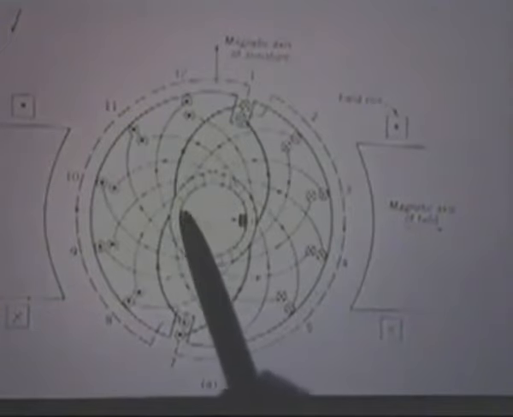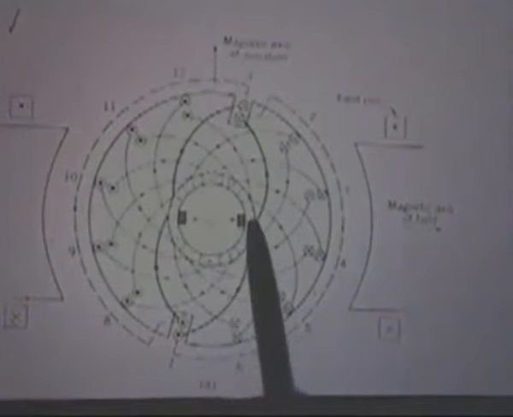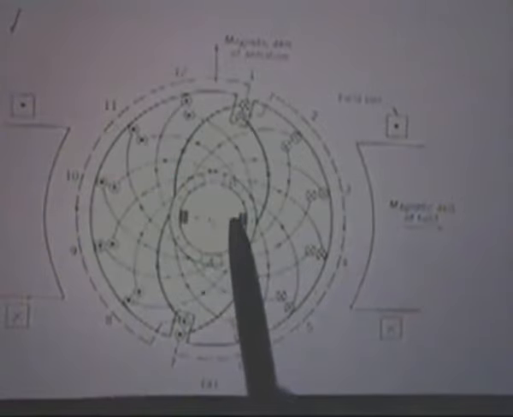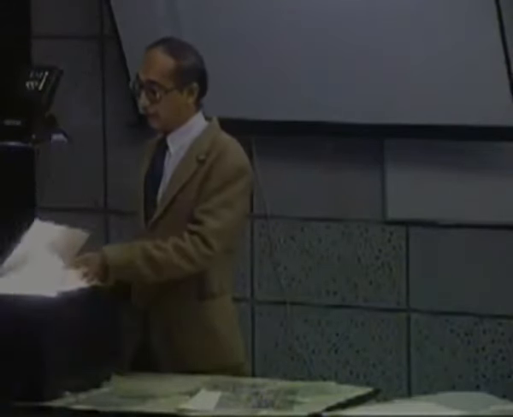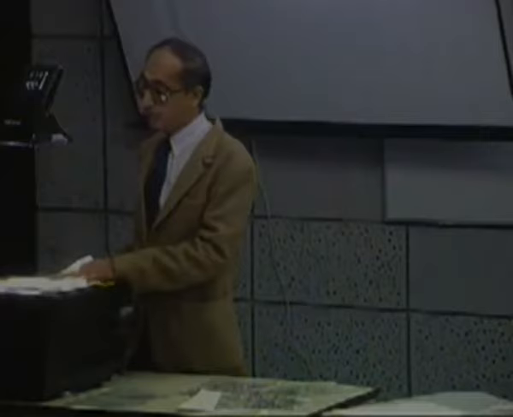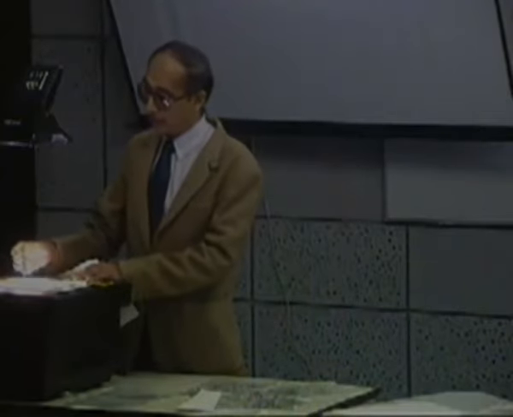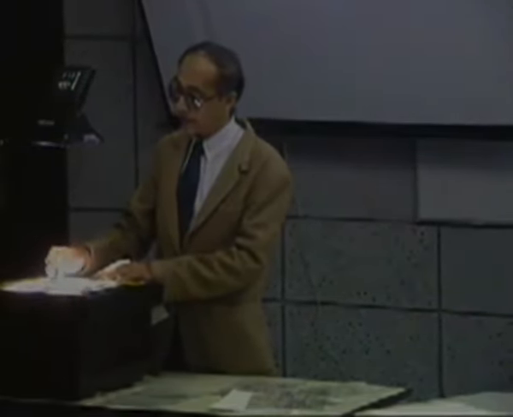These armature ends are connected to the commutator segments, and a pair of brushes touches the commutator segments. So we know that the commutator and the windings are continuously rotating while the brushes are stationary, and across the brushes you get a voltage induced, or you can pass a current through this. So if you inject a current I, that will go through the windings. Now, as the coil moves, let us say in this direction.